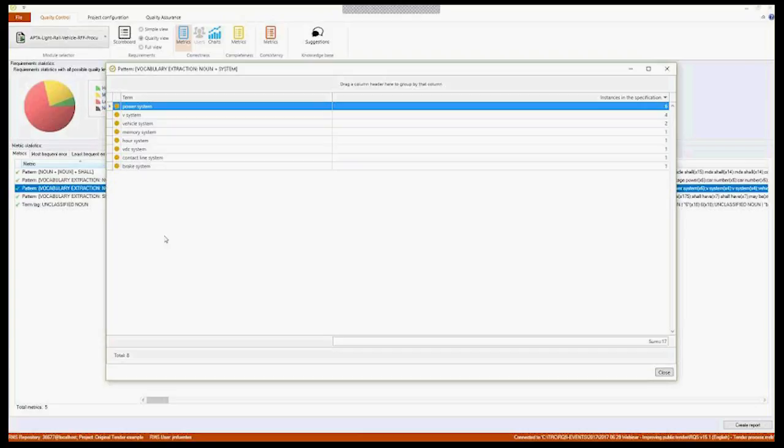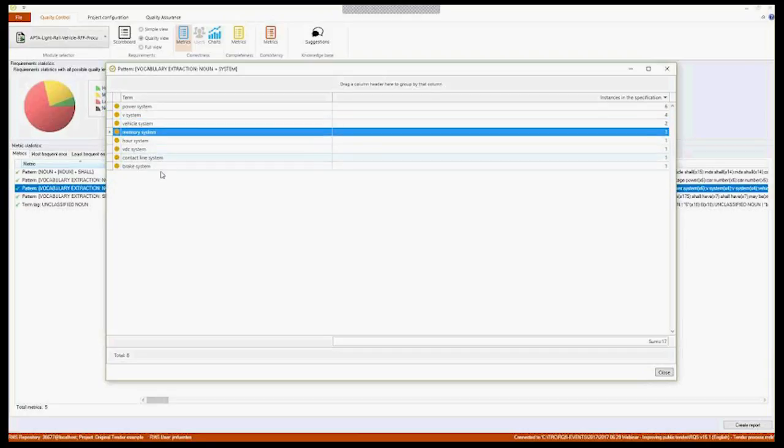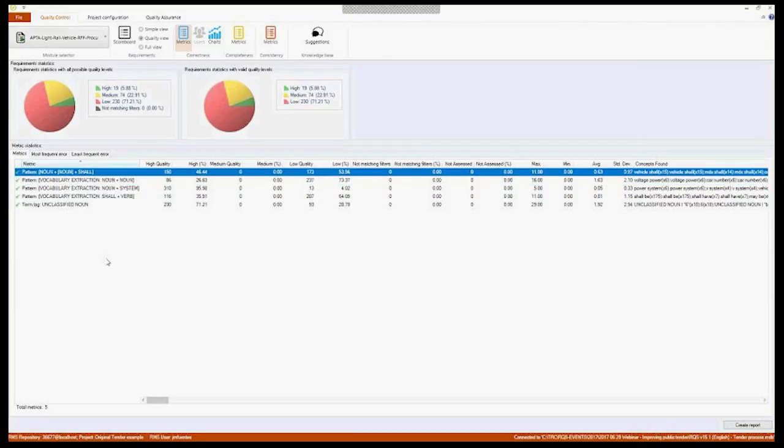So now we know that in this small section of the document that I have analyzed, it is describing a power system or vehicle system or memory system or some other braking system. So these are the key systems that are being analyzed in this document. So we can have more new keywords identified in a very quick way, right? So once we have also identified the